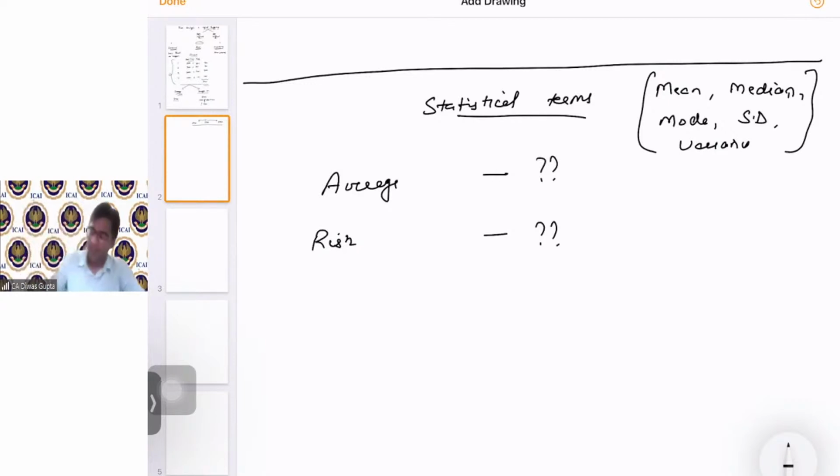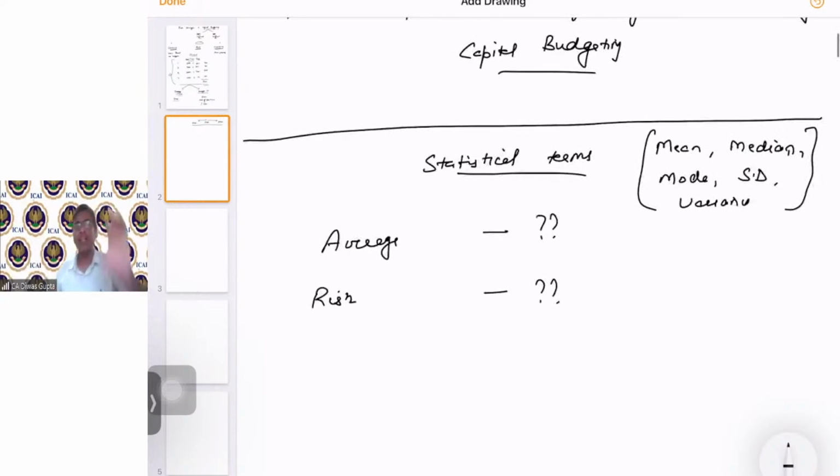Okay, perfect. Hear me out, students. I think all of you have given wonderful attempts, and I'm quite happy with the responses we got. Average is actually the mean, and risk is actually the standard deviation or variance, whichever way you want to see it. I will come and explain why we are saying this.